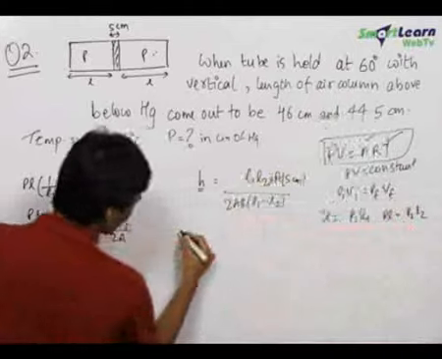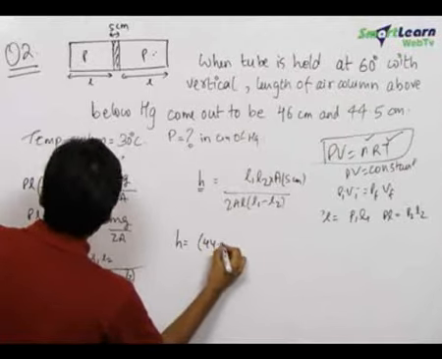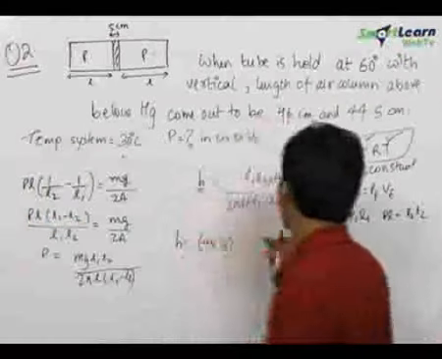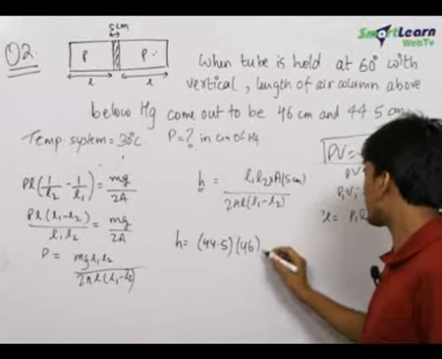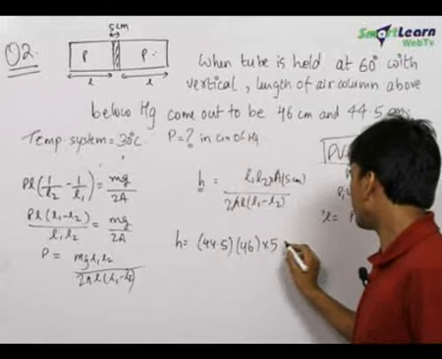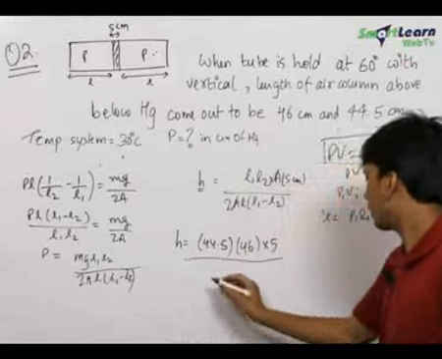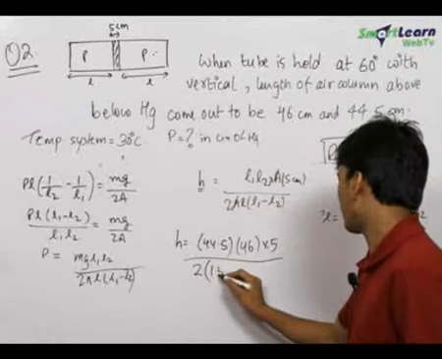So, our answer for h is equal to, L1 is given to be 44.5. We feed in the values of L1 and L2 over here to get 44.5 into 46, into A gets cancelled, into 5, upon 2 into L1 minus L2, that is 1.5,